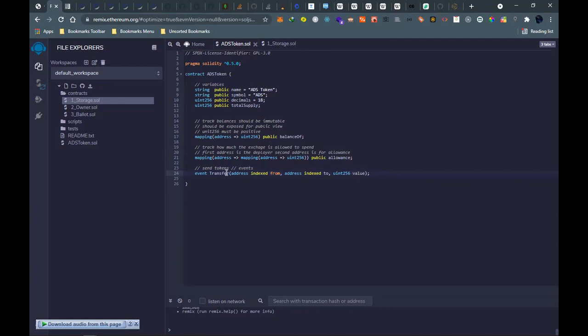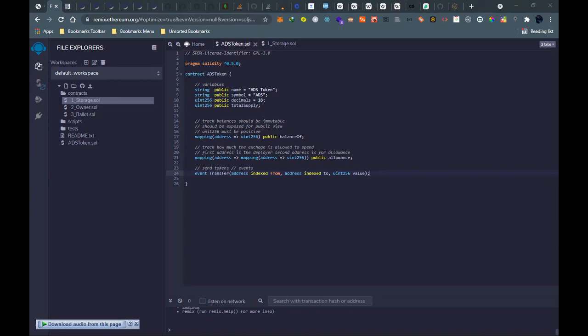So it's important to declare these events and mappings on top of your smart contract, following the way you want them to be compiled by the Solidity compiler.